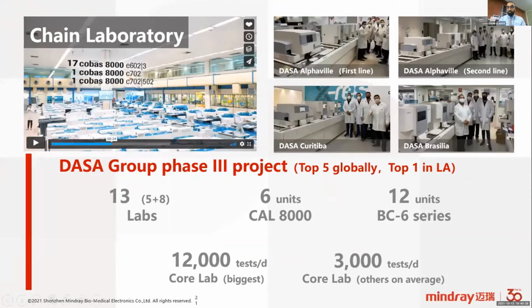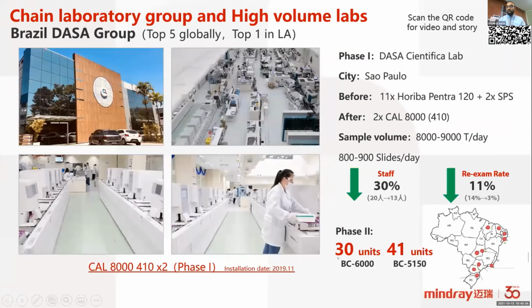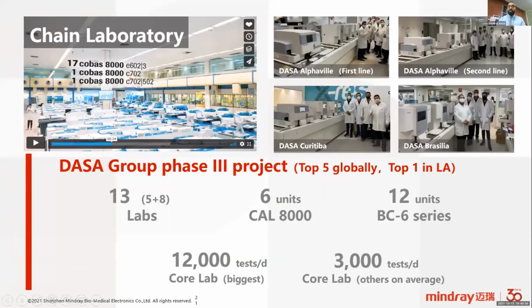And the second phase, the second step, we moved to install some standalone machines in different laboratories. This group in Brazil, in different cities, had around 30 units of BC 6000 series and 41 units of BC 5150. And in the last project phase, the third phase, we installed different big labs in this group,